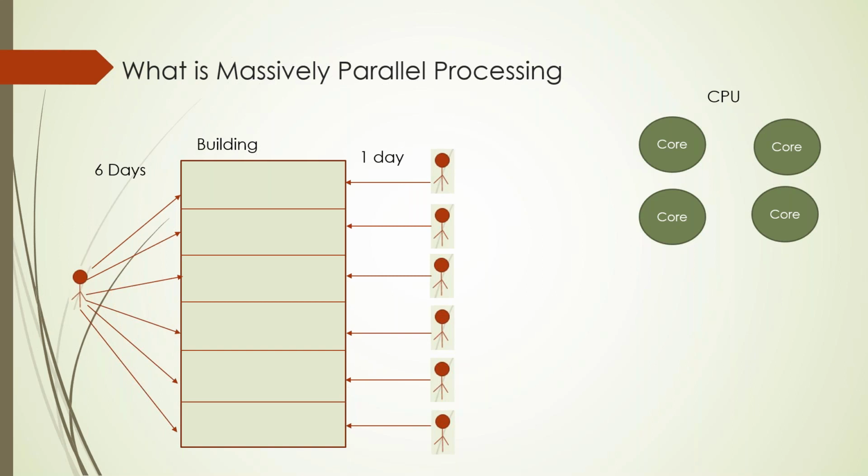If you see, this person is nothing but a CPU, and this is nothing but the process, the request, we can say. So with the number of CPUs, you get that number of requests executed in parallel. All the requests are executed in parallel. This is called parallel processing. If you have n number of CPUs, then you can have n number of parallel processes in the